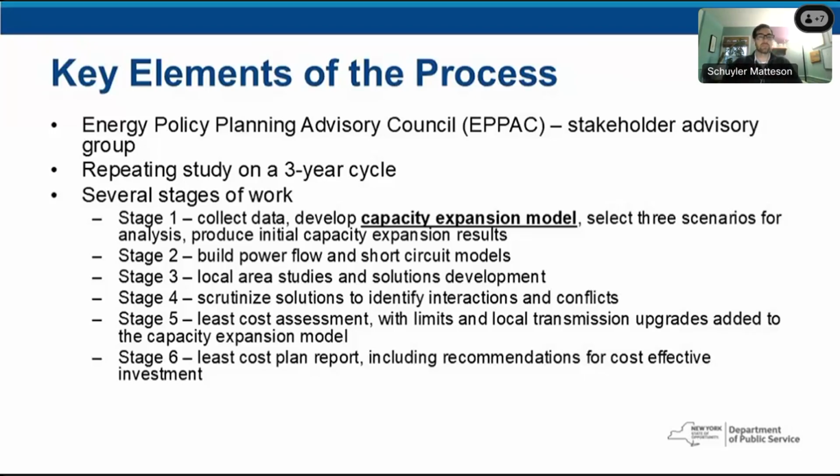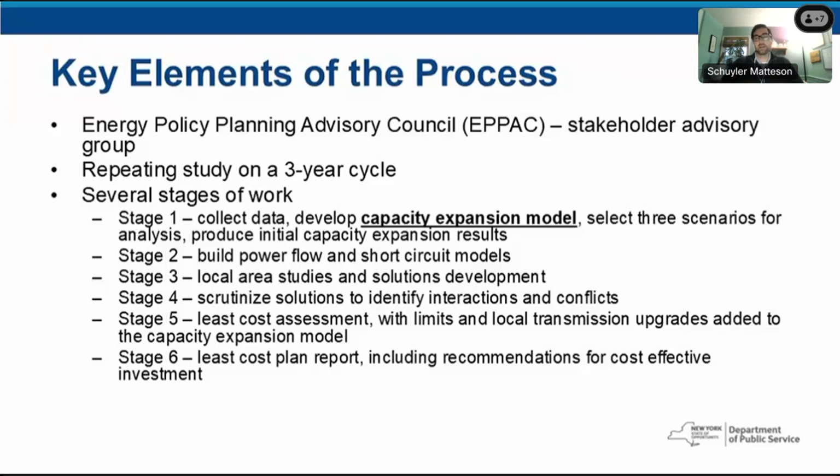And then once they have those optimal solutions designed, we run that all back through the capacity expansion model and production cost models to make sure we've seen improvements, the things that we expected to happen are happening, we're minimizing curtailment and cost, and it's a reliable, dispatchable system. And stage 6, importantly, is the report that discusses all of the process, all the results, everything that happened, and recommends the projects that should be funded to enable all of that, those good solutions that we just designed in